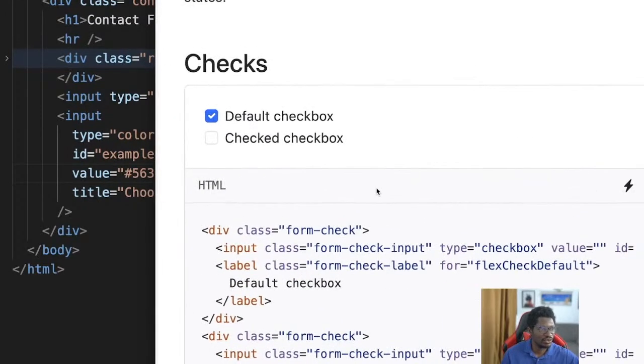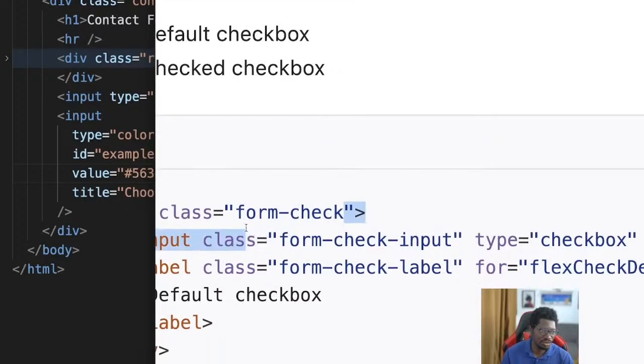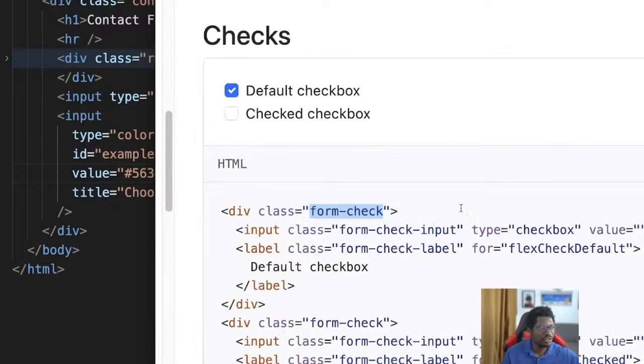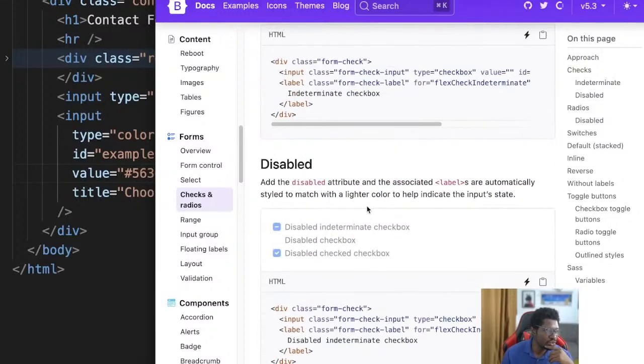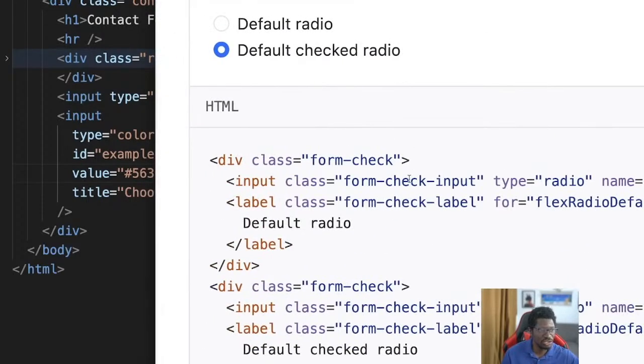The only classes you focus on, 3 classes you have: form check, form check input, form check label. Form check is like a group to group the whole thing together, just like a container. So you have form check input, form check label. The same thing we apply to radio box. However, this time there is no change of nomenclature, it's form radio input, so they call it the same name. So that is that,